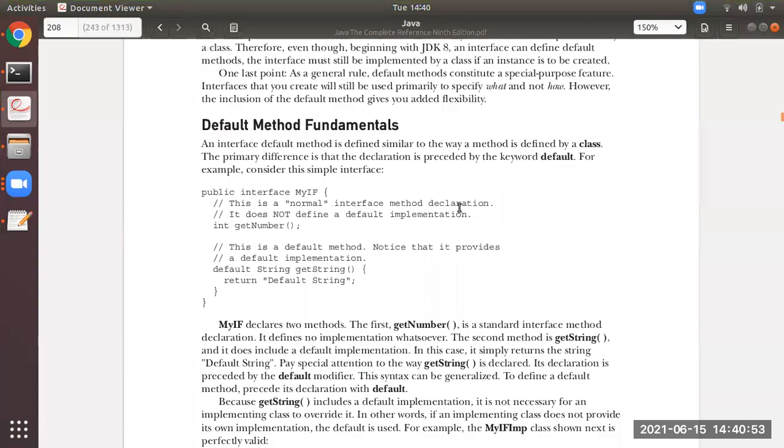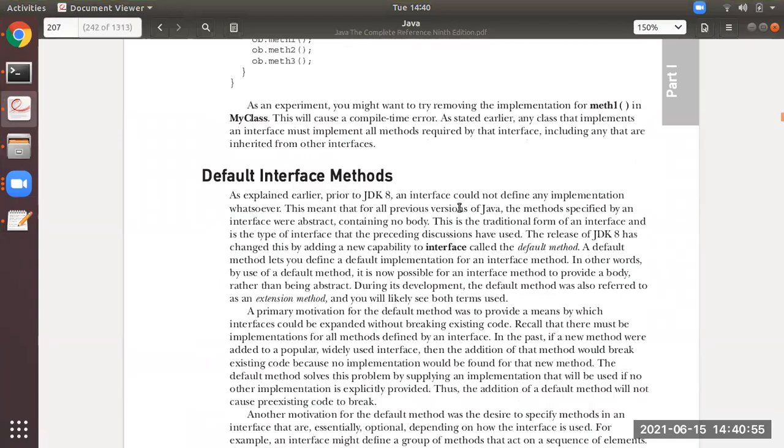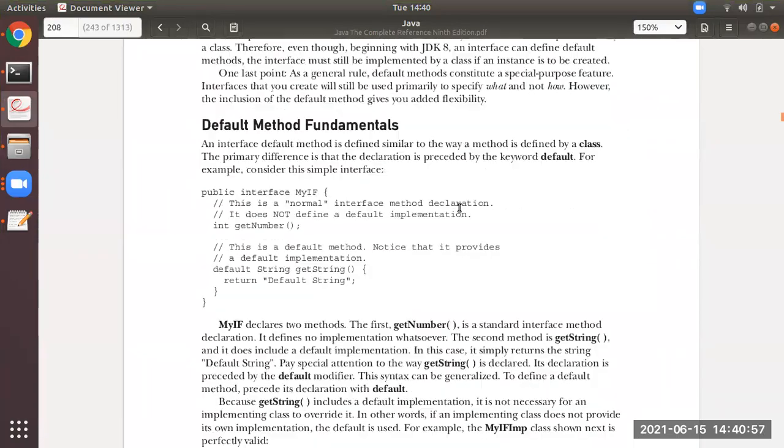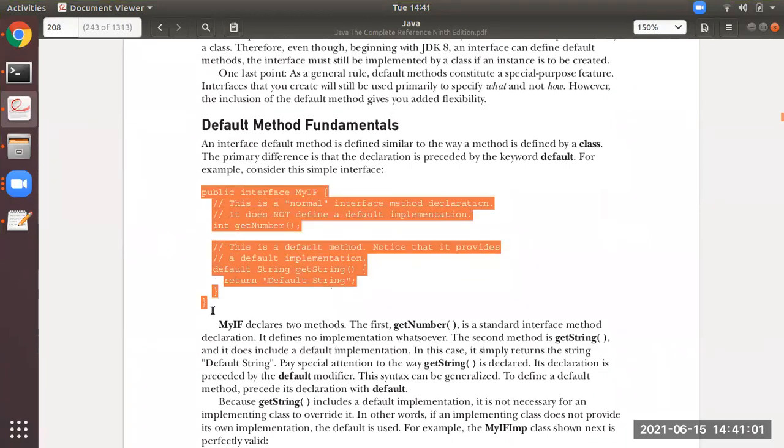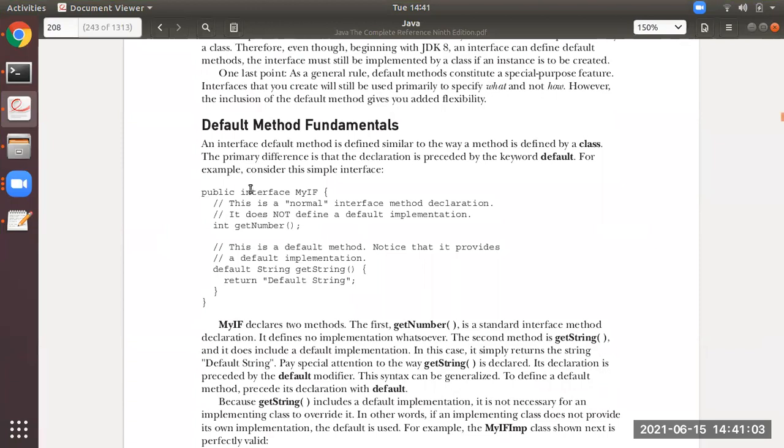So, okay, students, see just over here in this default interface methods, you can see some of the fundamentals. This is an interface actually, and the name of the interface is myf. So what actually are default interface methods? Till now, what you have learned, I guess, is that an interface will have only a method declared.